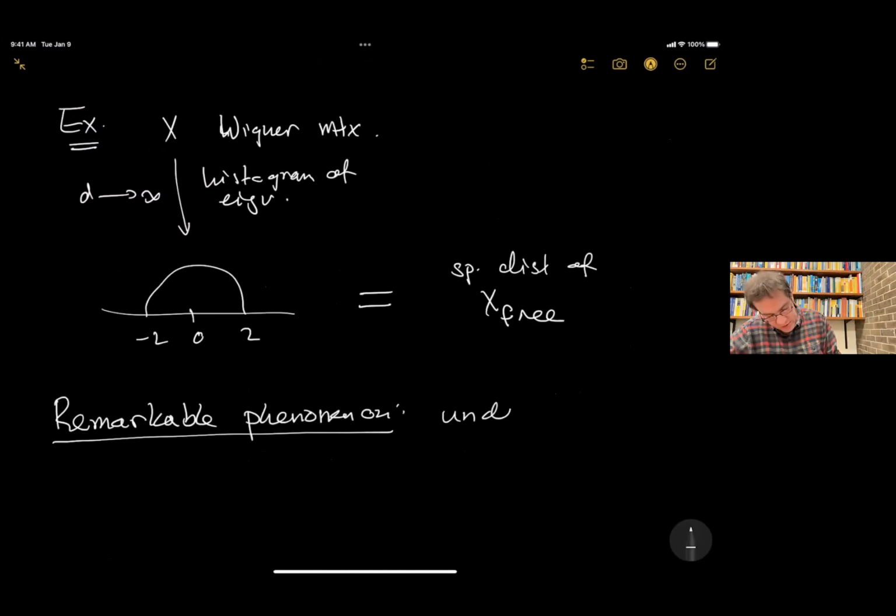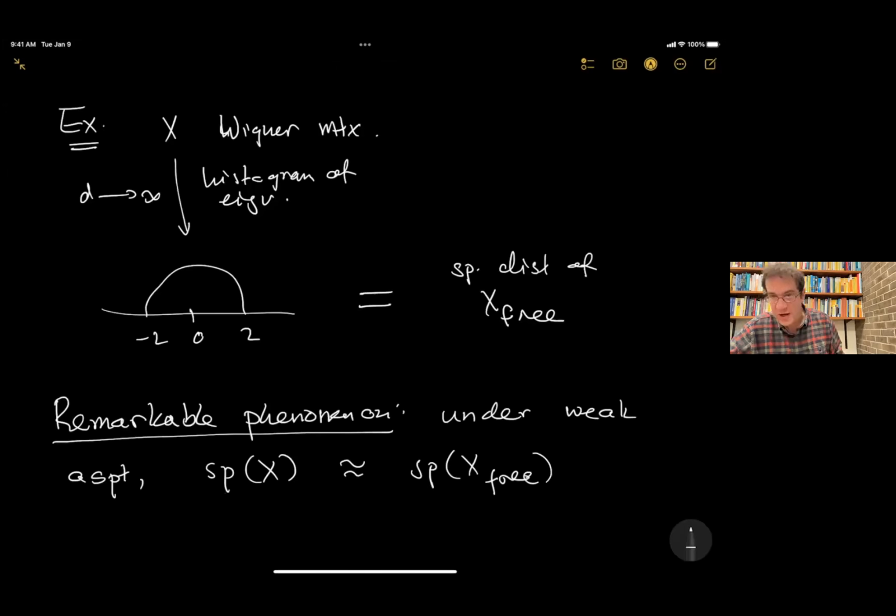Under very weak assumptions, the spectrum of X already behaves like the spectrum of X free, not blowing up the blocks, right? But I just give you a D by D matrix, and we have quantitative, non-asymptotic conditions under which the matrix X itself already behaves like its Platonic ideal. And as soon as this is the case, that means you can use this Platonic ideal to compute with very high accuracy the behavior of the given random matrix X in dimension D in a non-asymptotic sense. Okay, so this is the basic upshot of the theory.